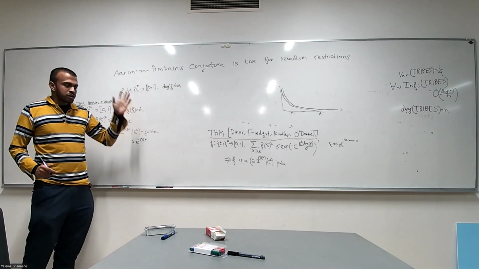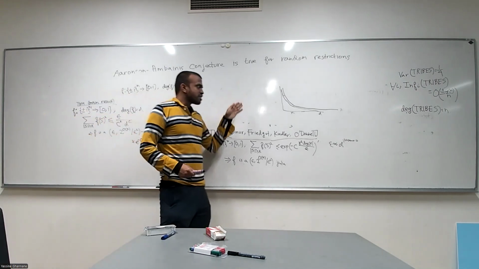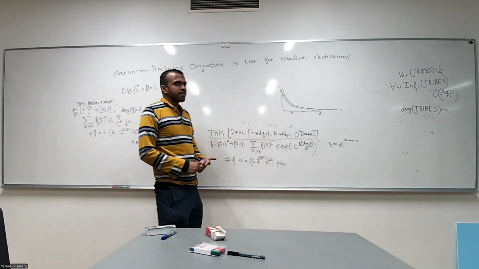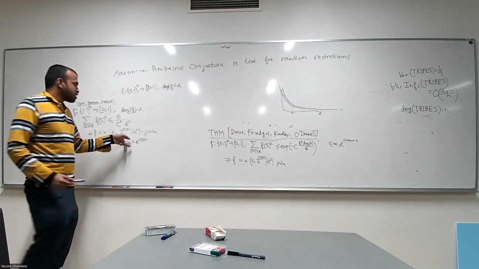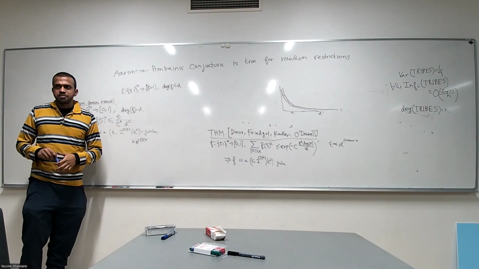Now, since the original function has some variance, with decent probability this restricted function will also have high variance. And therefore, one of these junta coordinates will be an influential coordinate.